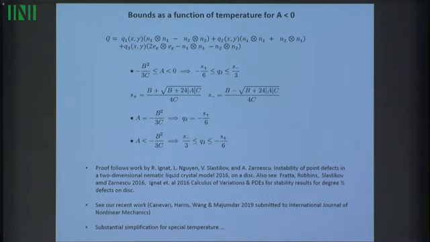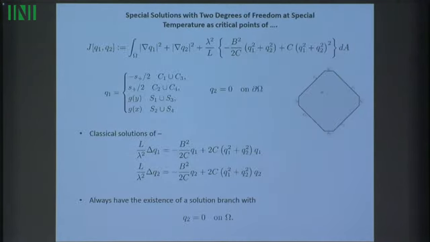I don't know if it is special physically or not, but mathematically it is special because you can prove that at this value of A, your Q3 has to be a constant. And if your Q3 has to be a constant, our life is even simpler because we've gone from a problem with 3 degrees of freedom to just 2 degrees of freedom. So now we are effectively just studying critical points with 2 degrees of freedom, Q1 and Q2,